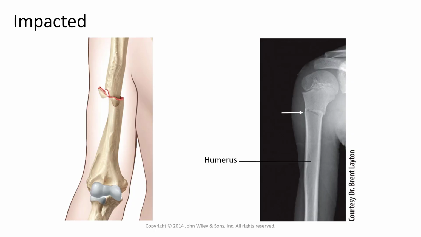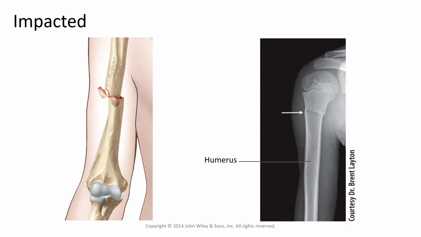Impacted fractures are those in which one end of the bone is forcefully driven into the other end. Here in the diagram, you can see that the humerus has been fractured, and the upper portion of the bone has been forced inside the cavity of the bone below the fracture site. This is a little harder to see in the X-ray image, but if you look quite closely, you can see the overlap of the two bony portions at the site of the injury, or where that white arrow is pointing. Impact fractures often occur as a result of a fall, where there is suddenly a high amount of stress placed